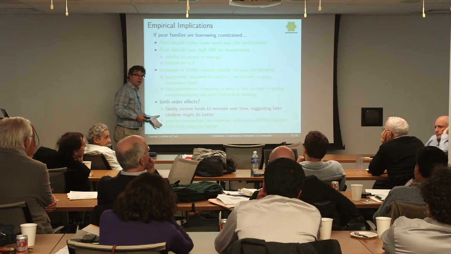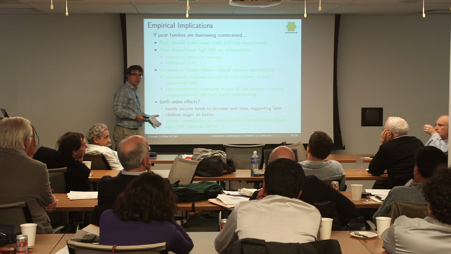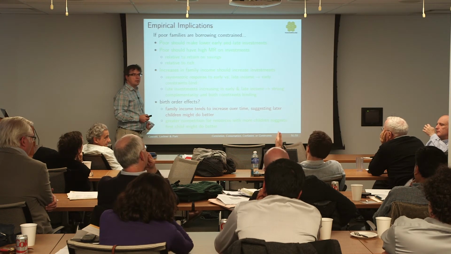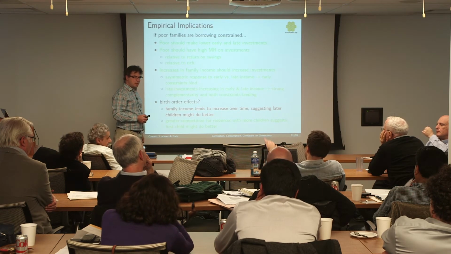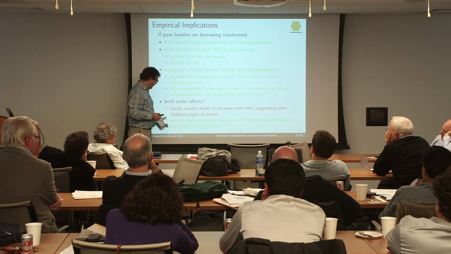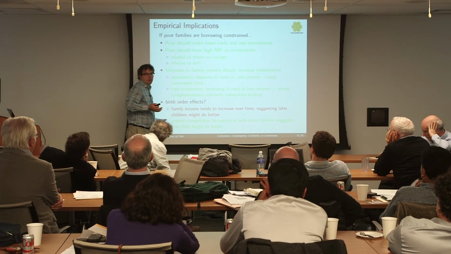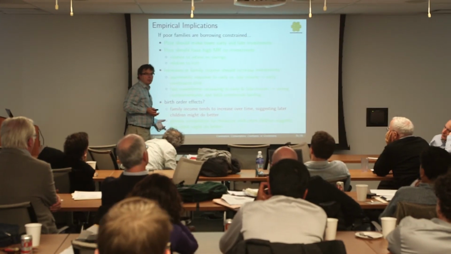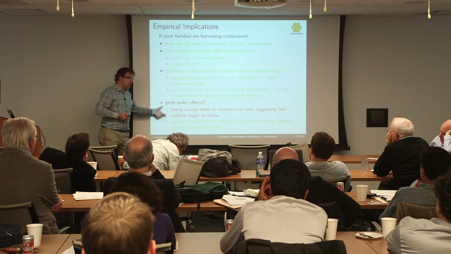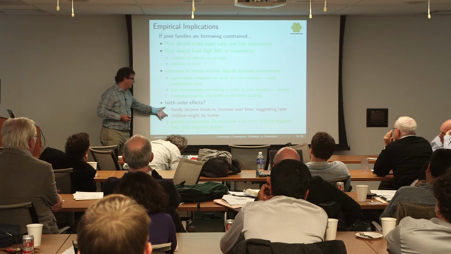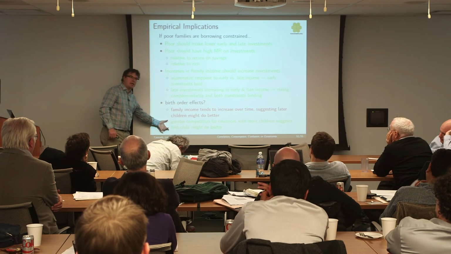I thought the fact was that holding family size constant, there are birth order effects. What's that? I thought the fact was, if you hold family effects constant, so fixing family size, then there still are birth order effects. Yeah, but the first kid has 2, 3, 4 years when he's the only one around, and the second kid doesn't. So you have these opposing effects. You'd expect maybe families with very flat income profiles for this to dominate.